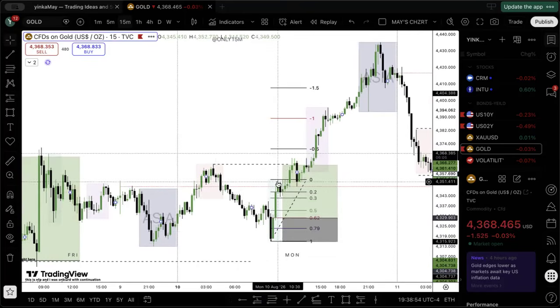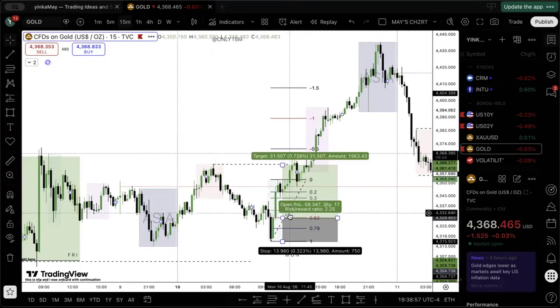We had a break in market structure, but look at this, price did not come down into discount. So you see, in this case, he would have missed the trade. But look at what happens. I will show you how this progresses.